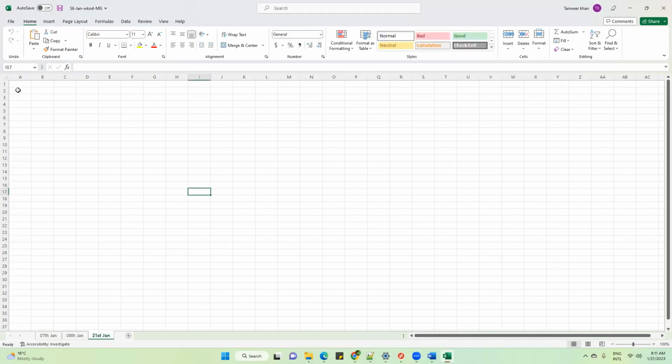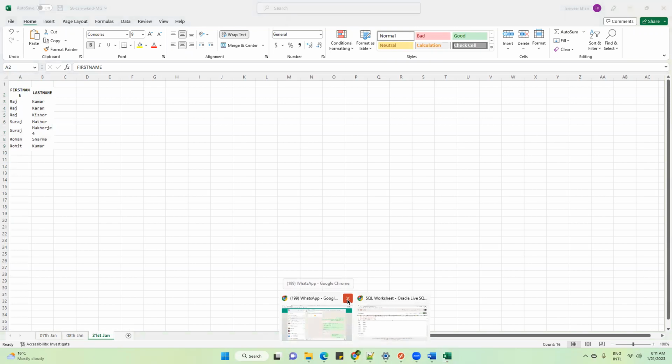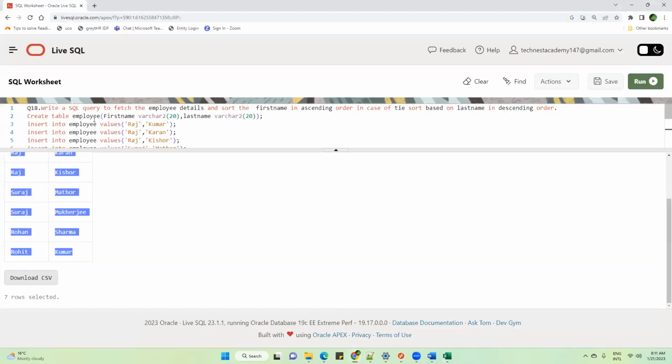This workbook will be shared with you after the class. The notes will be shared. Notes means all this practice, whatever I'm practicing, will be shared. So don't copy anything right now. During the lecture, only concentrate on whatever I'm teaching. No need to copy anything. We will share all those things with you after each and every class.